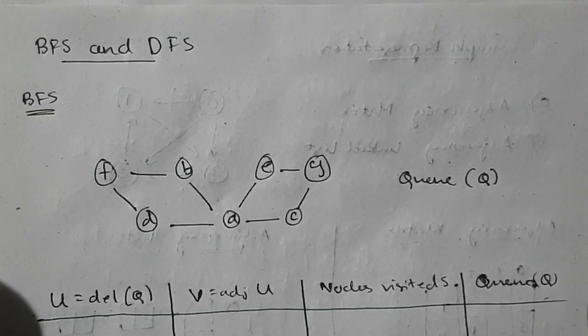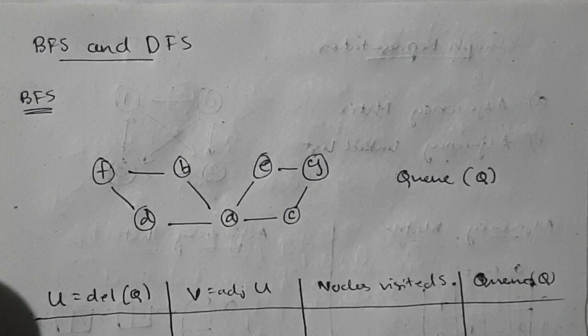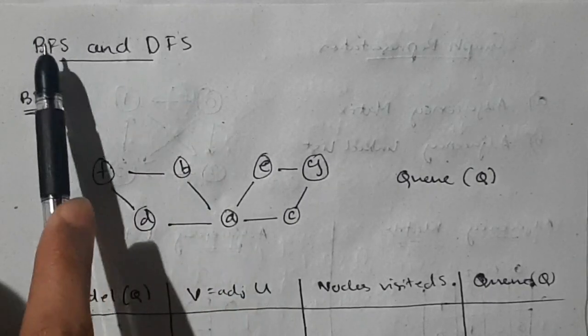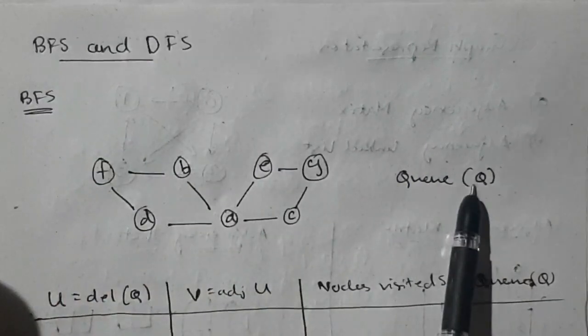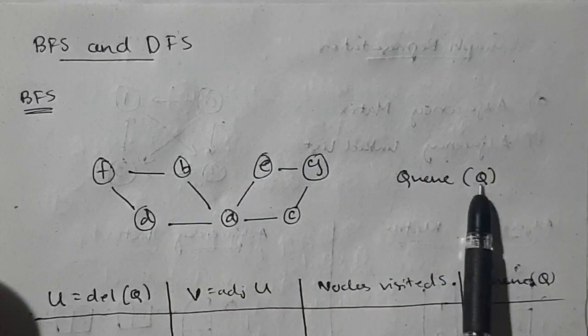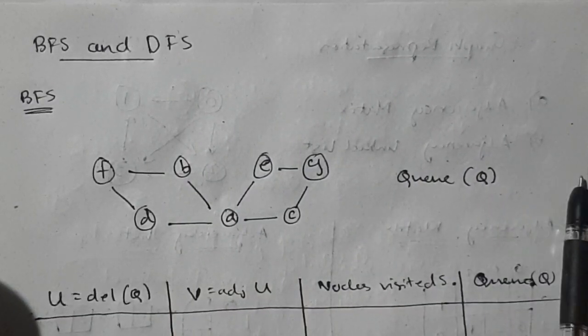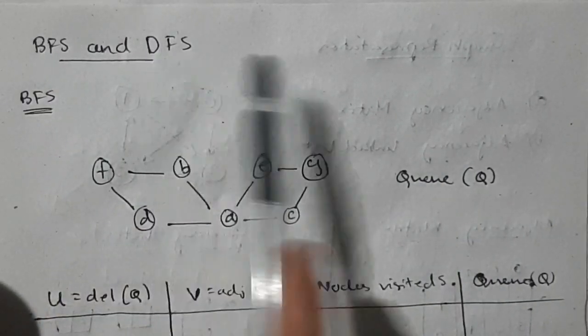You will be given a graph and you will be asked to find the BFS and DFS. BFS and DFS are there in your lab program also. So you have to remember 2 things, BFS and DFS. B comes before D, right? And for BFS a queue will be used, and for DFS a stack will be used. Q comes before S of stack. So in that way you can remember, for BFS it is queue, and for DFS it is stack.